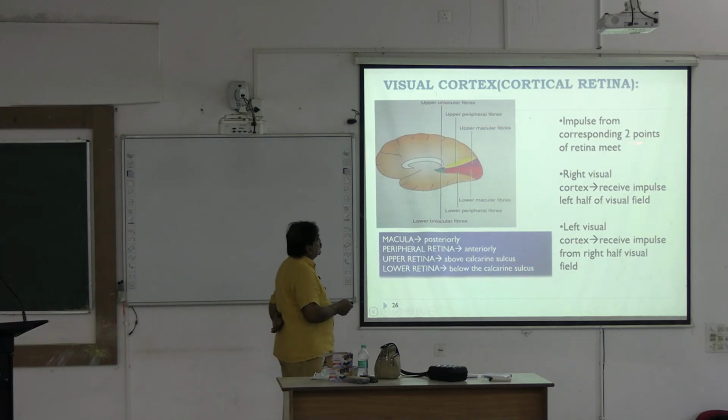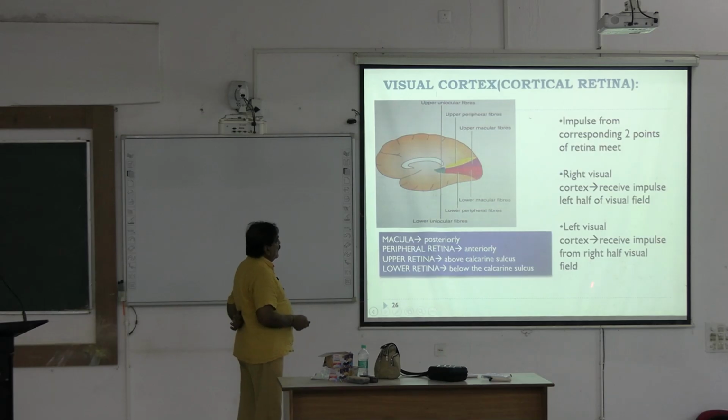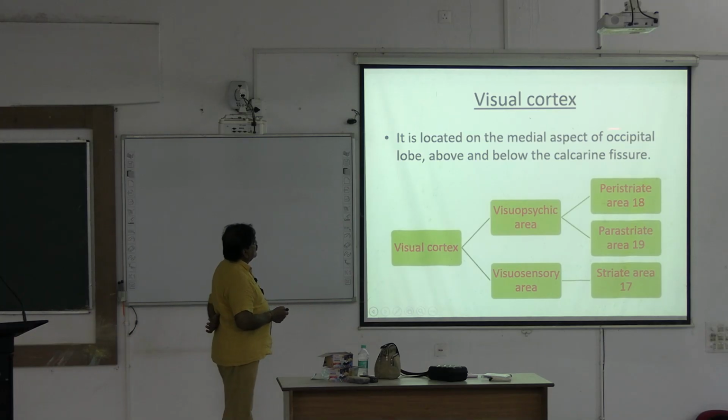Impulses from corresponding points of the two retinas meet. The right visual cortex receives impulses from the left half of the visual field. The left visual cortex receives impulses from the right half of the visual field. This is important. Now, the visual cortex is located on the medial aspect of the occipital lobe, above and below